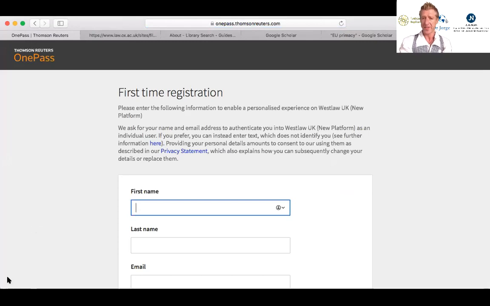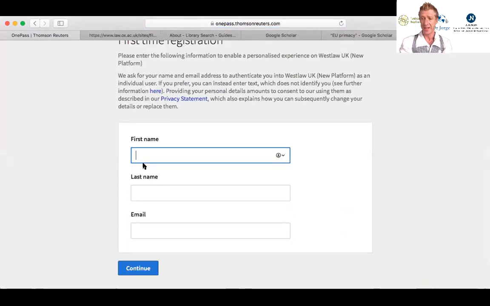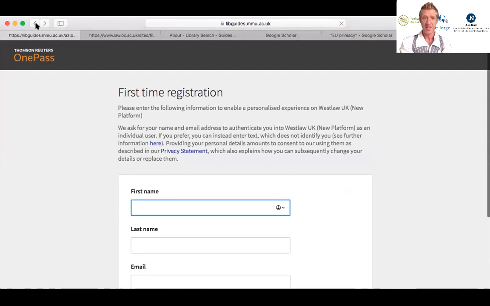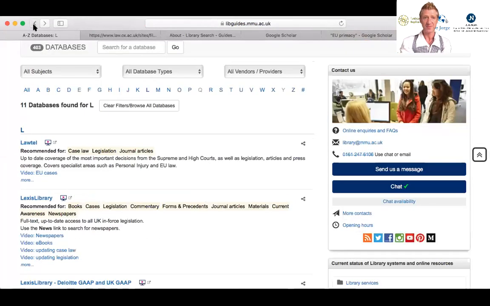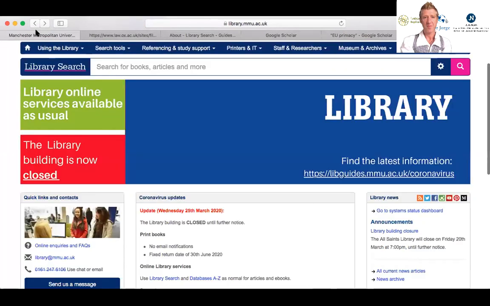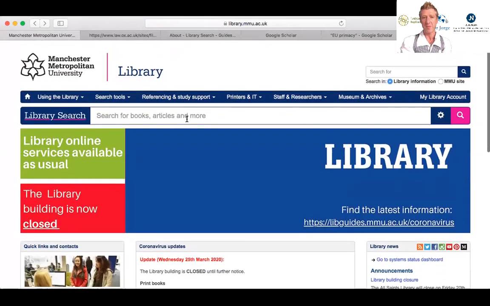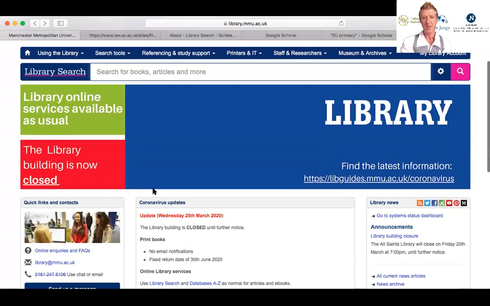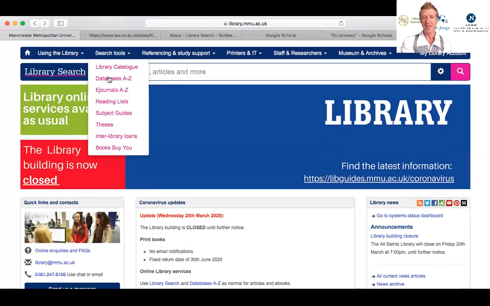What I wanted to show you, Westlaw, it may ask you for certain login details. Once again, I'm conscious you may not have access to these websites. It depends whether your university in particular is paying for the subscription. So once again, let me go back. So MMU library, you may have the main search here, or the databases here, LexisNexis, Westlaw, to find books, academic journal articles, online resources, case law, and so on.